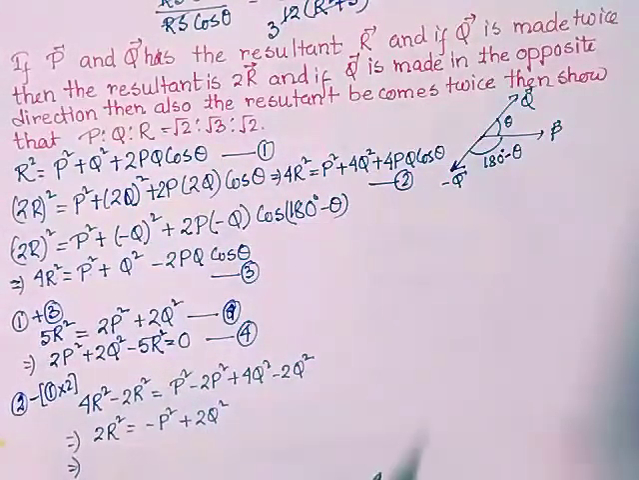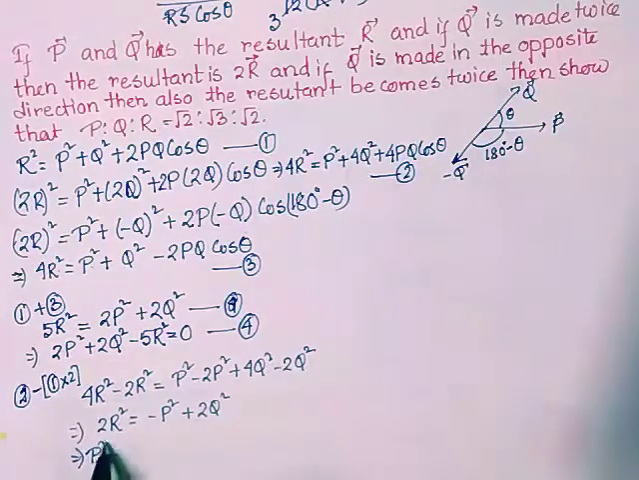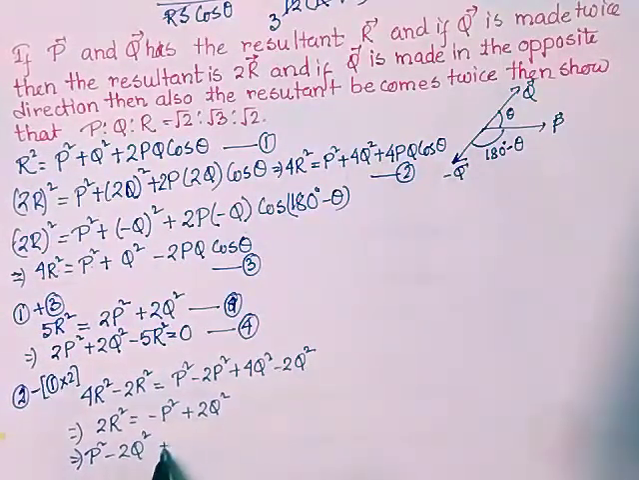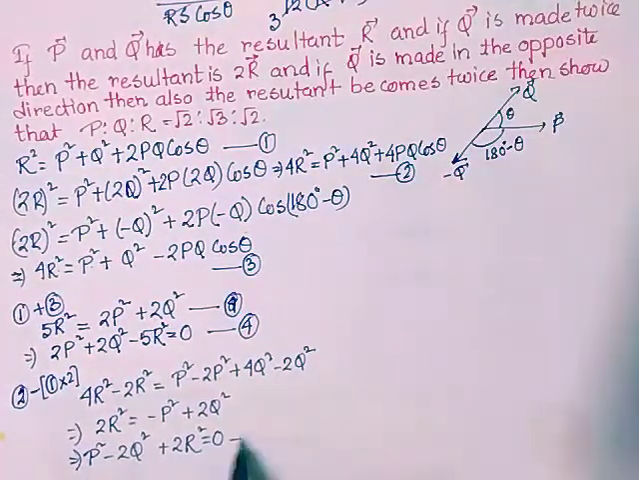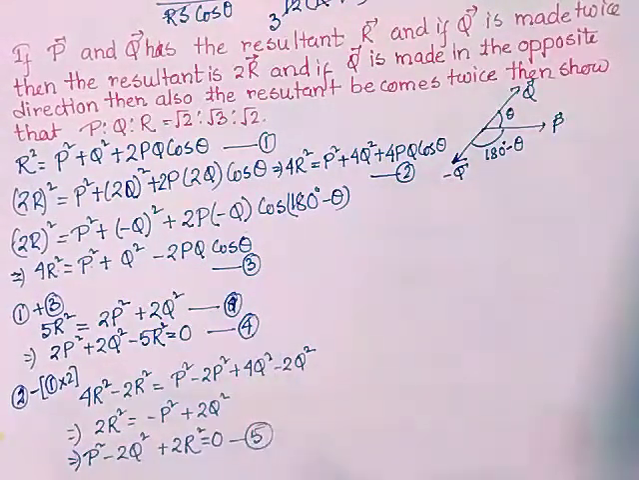If I arrange this, then it will become p square minus 2q square plus 2r square equal to 0. This is equation number 5. So here is one equation, equation 4, here is another equation, equation 5. So if I try to solve,